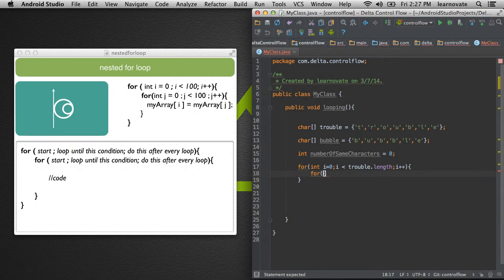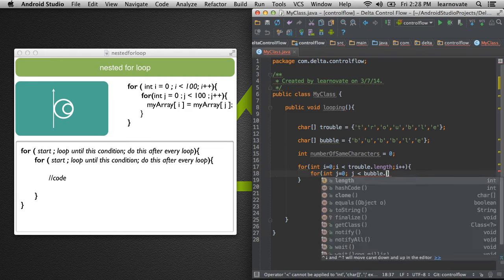Well, I'm now going to put a for loop inside of it. And notice that I'm not using i. I'm going to use the next letter, j. It's just a standard convention in programming to start with i as your iterator and then increment to i, j, k, depending on how many times you loop through things. Now I'm going to take j less than the length of the bubble array